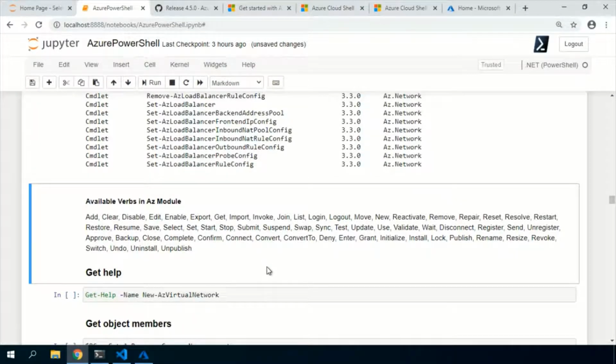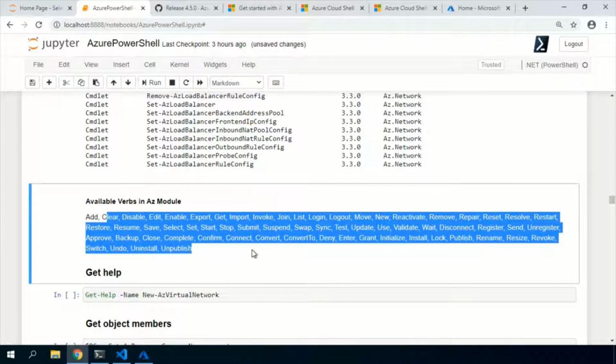There are plenty of verbs available, and all of them have a purpose, but when you're getting started, you can concentrate on Get to list something from Azure, and to configure something you need Set commandlets. To remove something you use Remove commandlets, and if you want to create something, you have to use New commandlets.